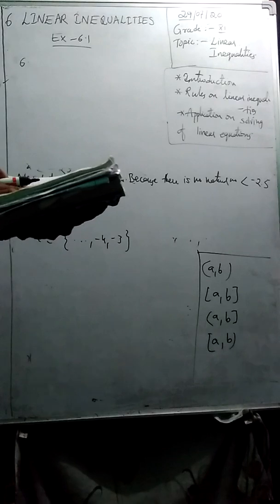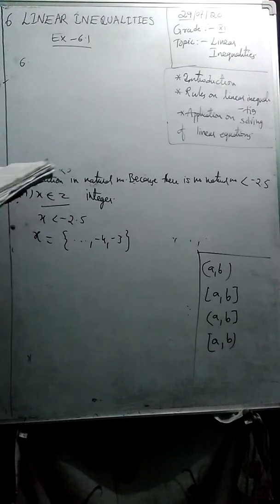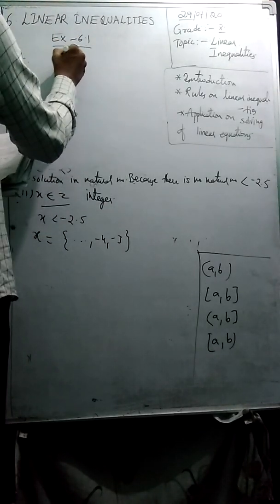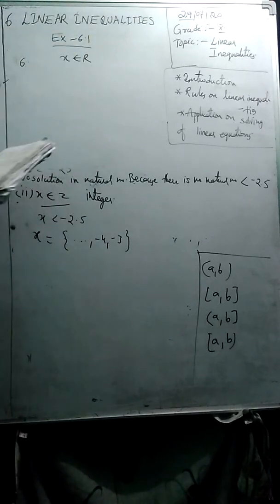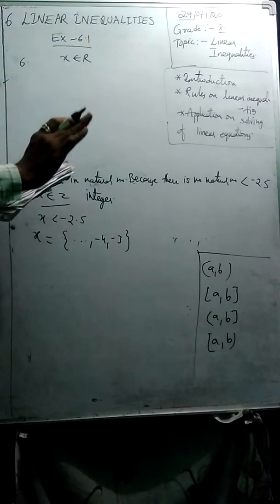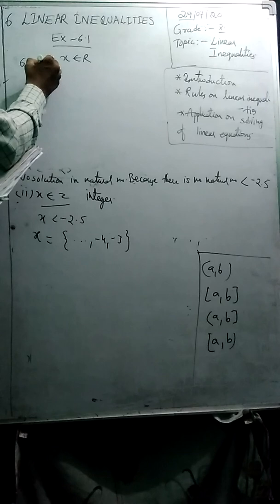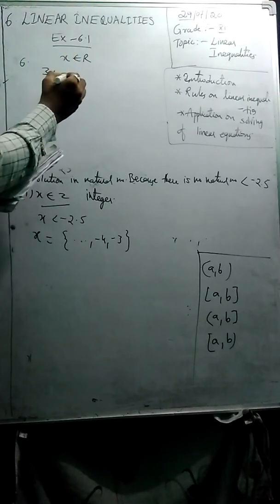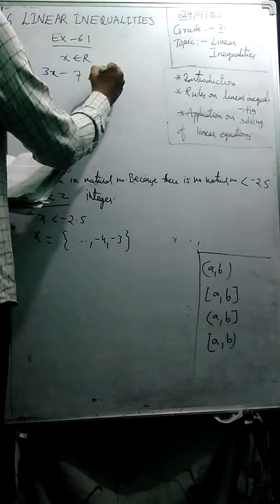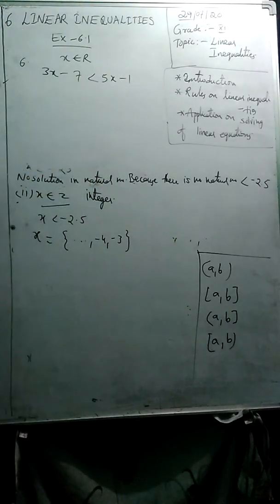Solve the inequalities in exercise 5 to 16 for real x. For real x, students, I mean x belongs to the real numbers. So please read the question and answer thoroughly, students. Without reading the question, if you give an answer, it may go wrong. Whenever we have real numbers, it means we will get an open interval only.